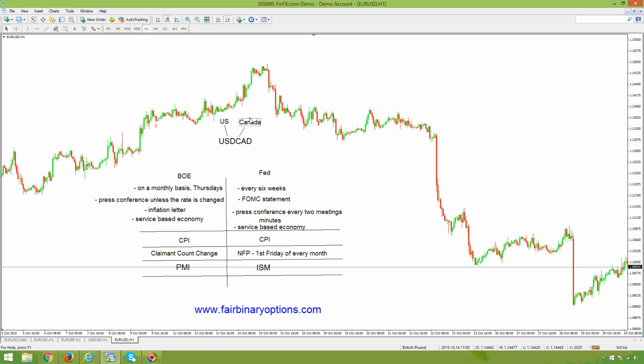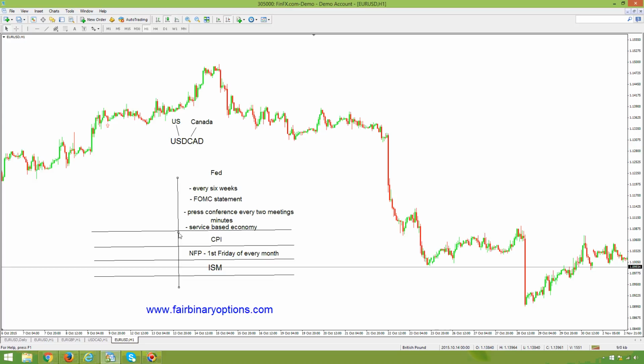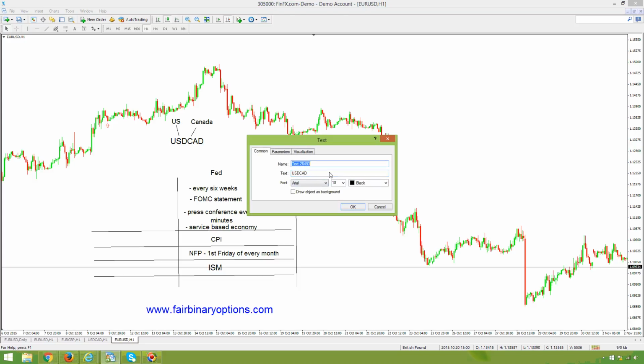So far we've discussed the main things to consider in the UK on the Great Britain pound US dollar. The main things to consider when you are looking at the US dollar and Canadian dollar is to understand what's happening there. The Canadian dollar is also being called the loonie pair. So the Canadian dollar